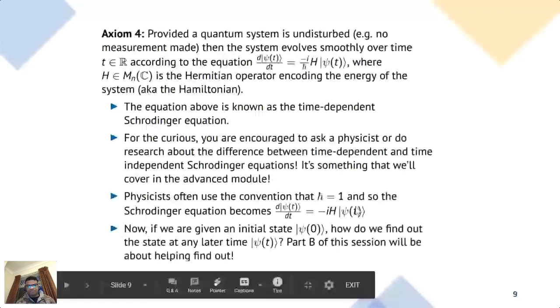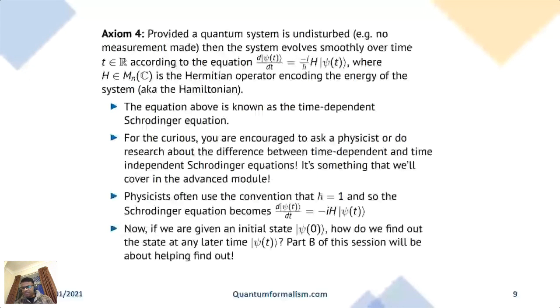Okay, so let me check the chat. Okay, so Amir is saying it was good practice. Yes, that's a good thing. Okay, so we have a question. In Dirac notation, is it okay to swap the